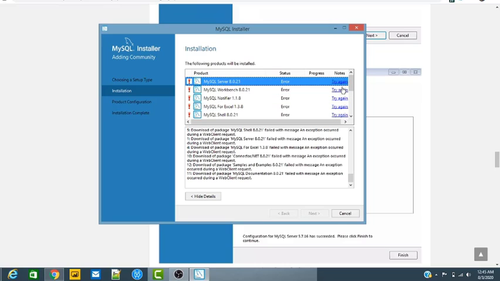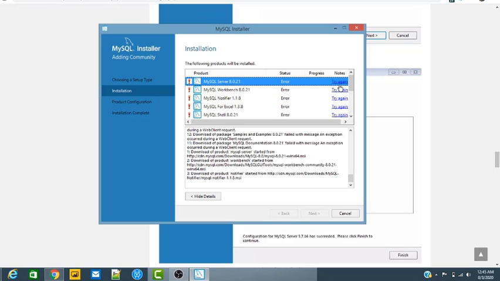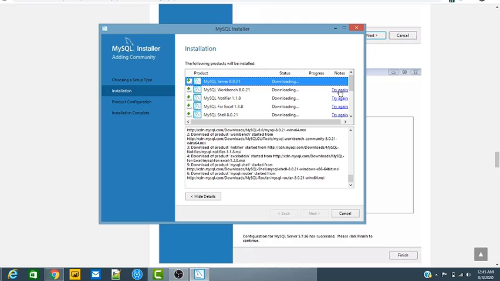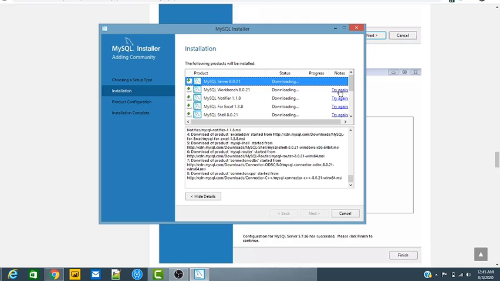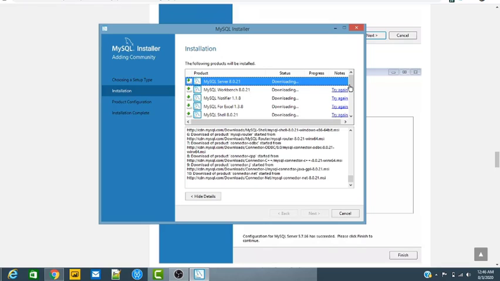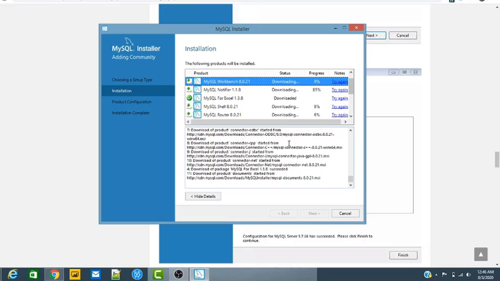So these are the packages there. This is the detail for installation of the remaining files. So I click on try again and install everything. I think this has happened because of the network, so nothing to bother about.